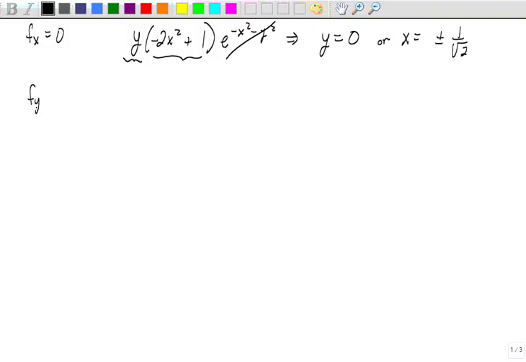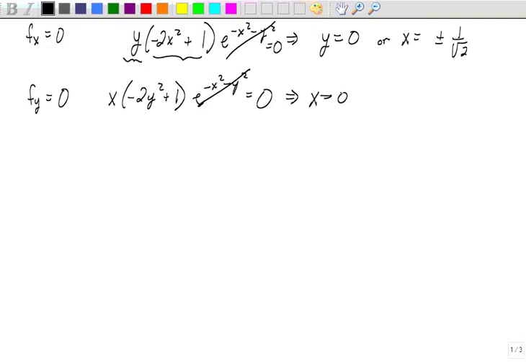Then when we move to f sub y equals 0, we have pretty much the same thing, just opposite. So that's always positive. So we get x equals 0 or y equals plus or minus 1 over the square root of 2. So this gives us our critical points,